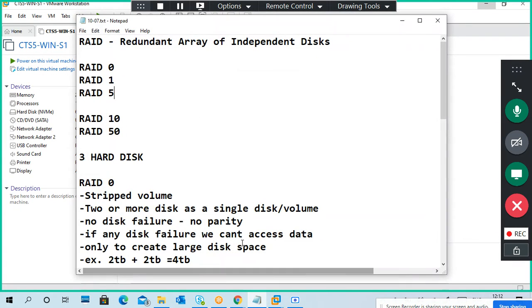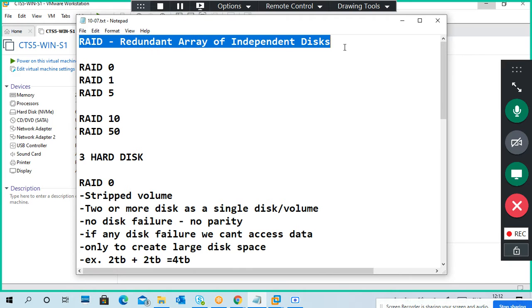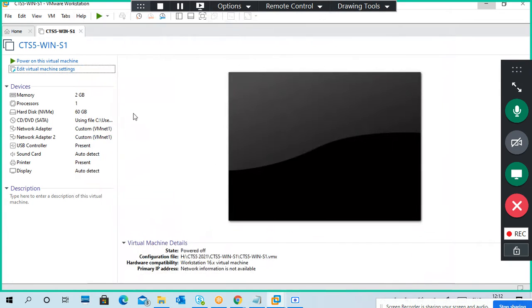Okay, guys, so we are going to do this again. We'll check it, and if it works, then we'll see. We need at least 3 days. So I'm going to edit virtual machine settings.